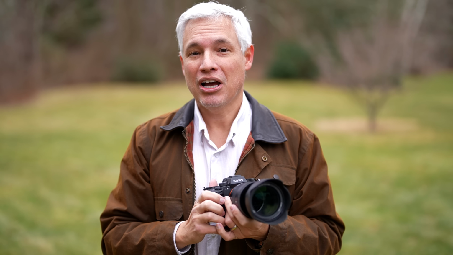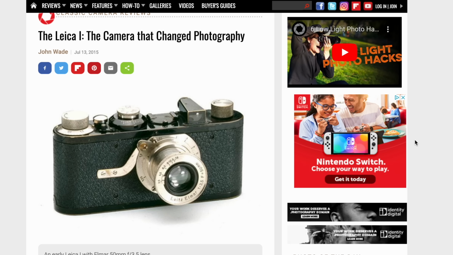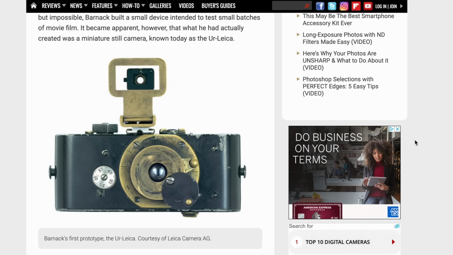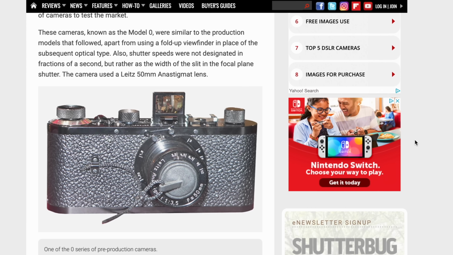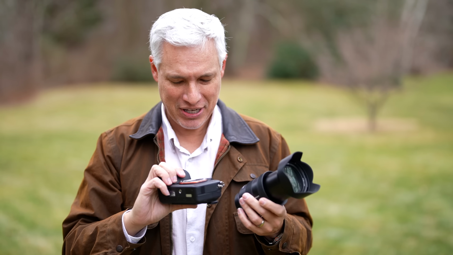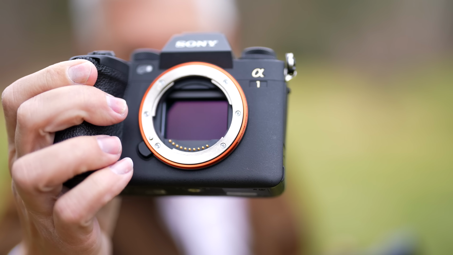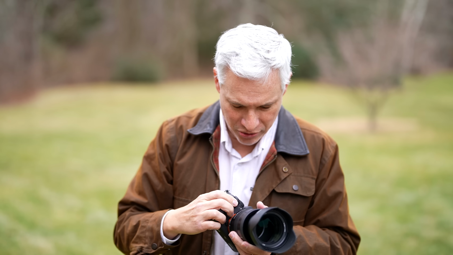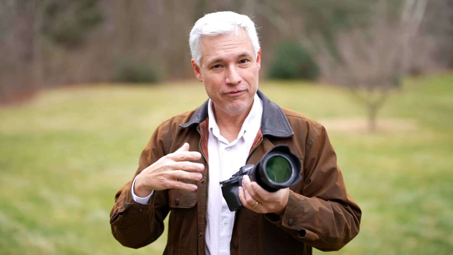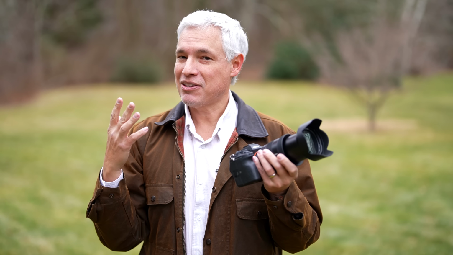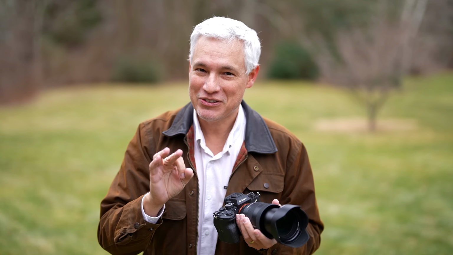To get the answer, we have to go back 100 years to the launch of the Leica 1 camera. This Leica 1 camera defined so much of modern photography. First, it was the 35 millimeter, just reusing cinema film, but turned the other way. And that is the exact same size that is on our modern day camera sensors, at least the most common full frame type. And it also defined normal because it came with a fixed lens. You couldn't change it. And can you guess the focal length of that lens? Yes, it was 50 millimeters.